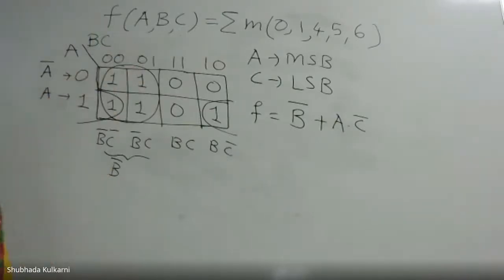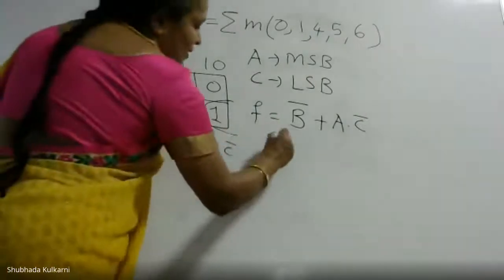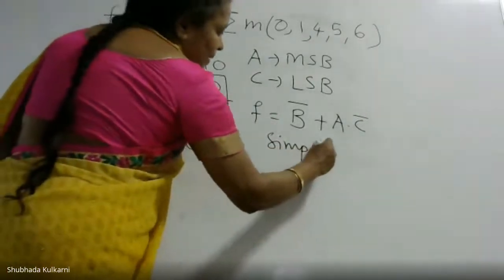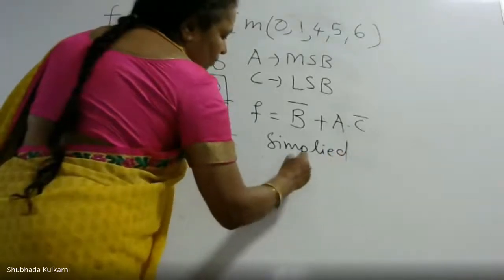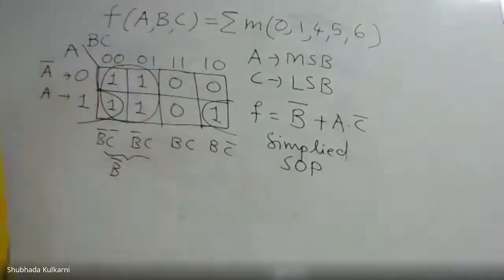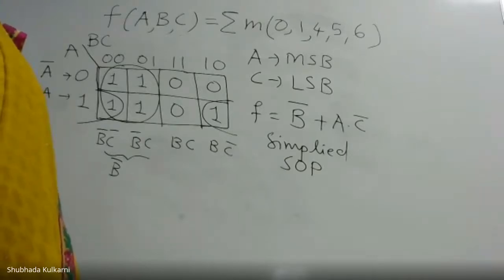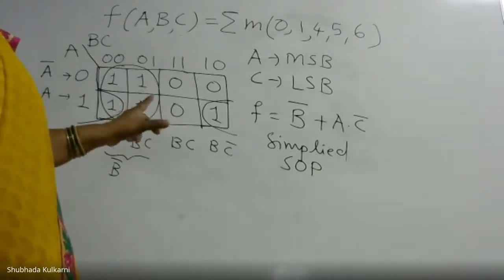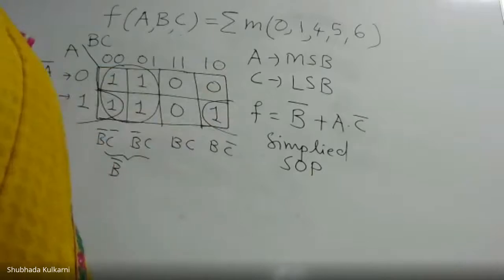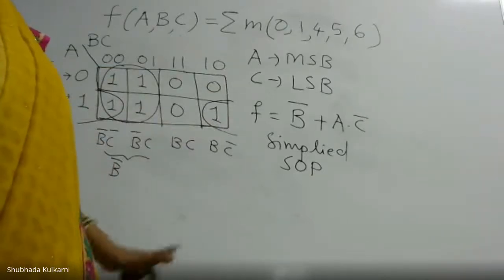Whichever variable is 0, complement it. So this is the direct simplified one. This is the simplified minimal expression in SOP form. So no further simplification. If we had done the step-by-step procedure, many steps would have come across. Now, is this the end of this problem? No, because we have done simplification, but we have not drawn the logic diagram.